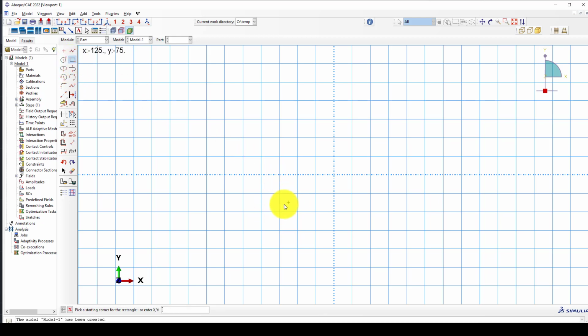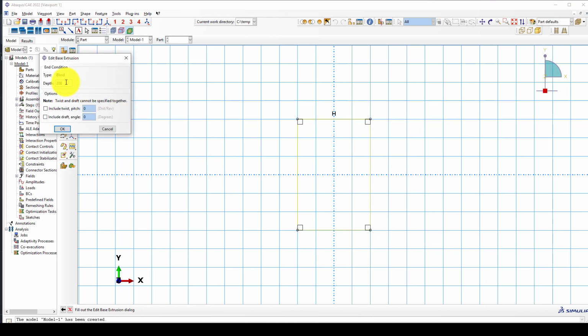The first point is minus 100 in x direction and minus 150 in y direction, and the second is positive 100 and 150. So this is the beam cross section, and the length is equal to the extrusion depth,